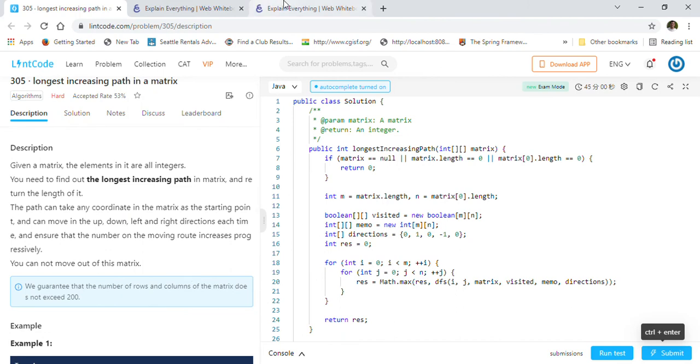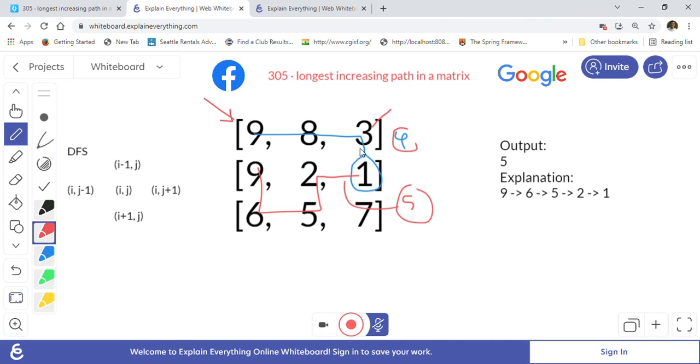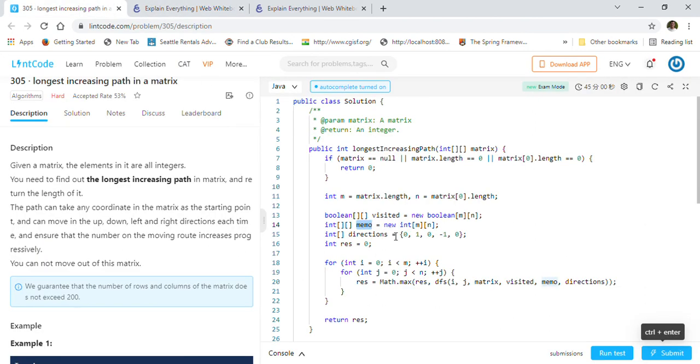I already explained with 2 different examples how our DFS solution works, and how we are going to use memoization. Memoization will be required, otherwise the solution times out. This is the optimization, and that is why it is required, because once we already calculate the longest path for that cell, we don't have to recalculate it again. Even if you recalculate, it is going to give you the same answer. So we store the answer in our memoization array, to be used in subsequent calls. That is what memoization is.